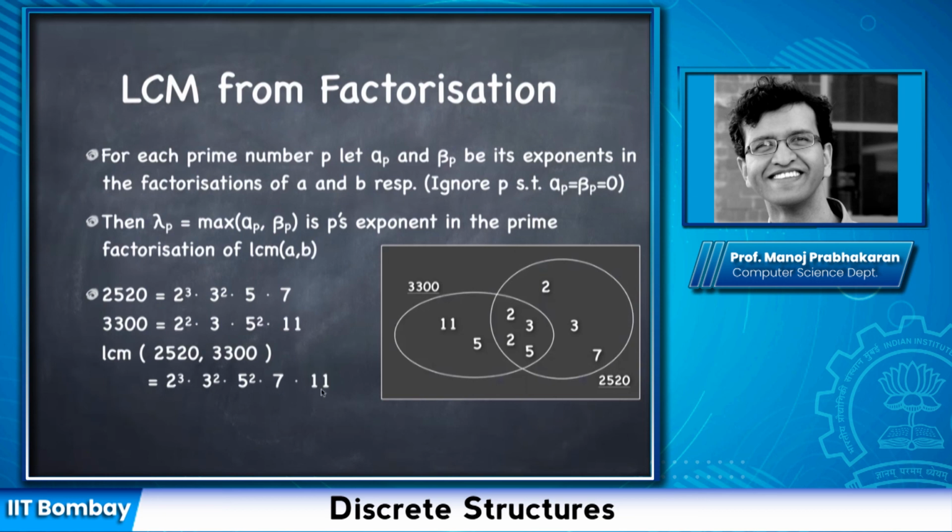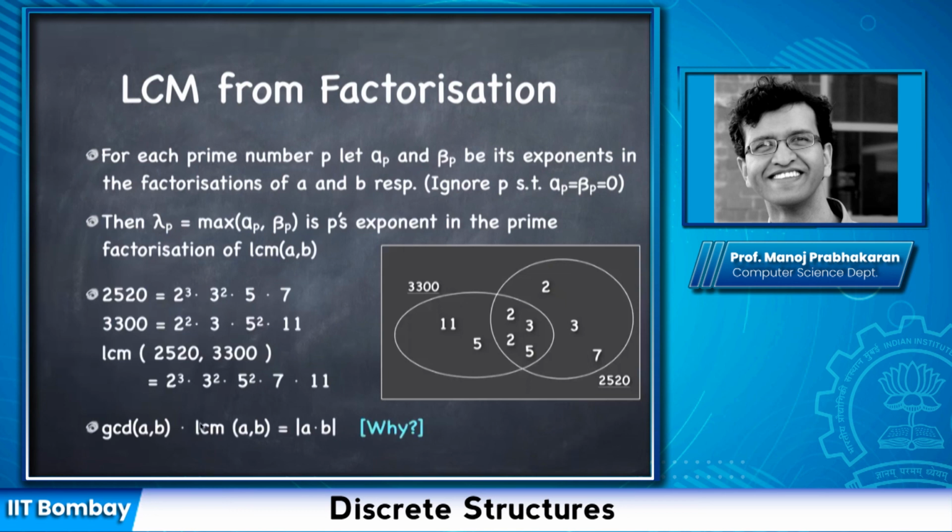In terms of this Venn diagram, it's essentially the union of everything you see here. Those are the prime factors of the LCM. And again, it's not very useful as a practical way of doing it because you don't have an easy way to come up with the factorization. But